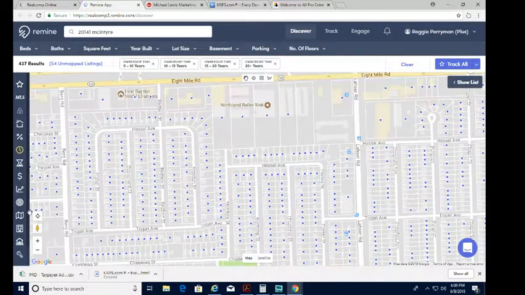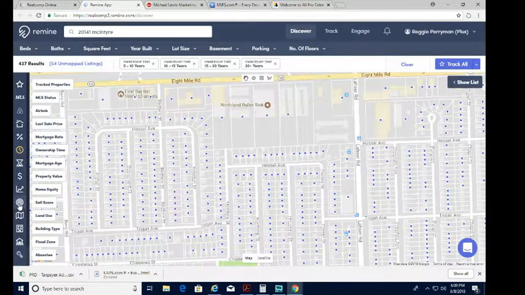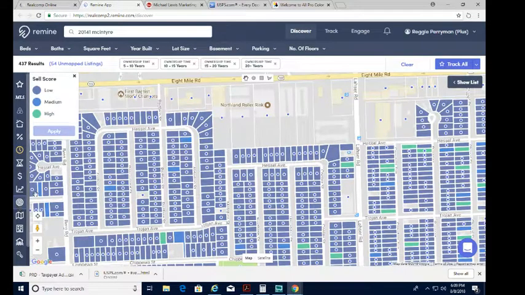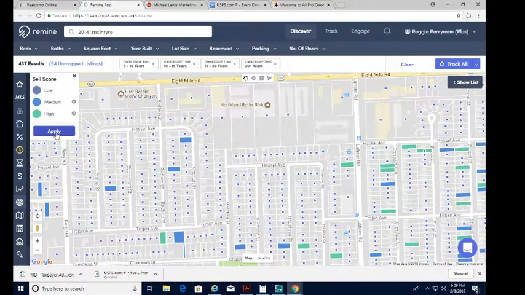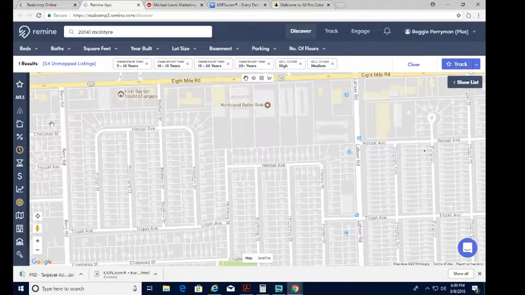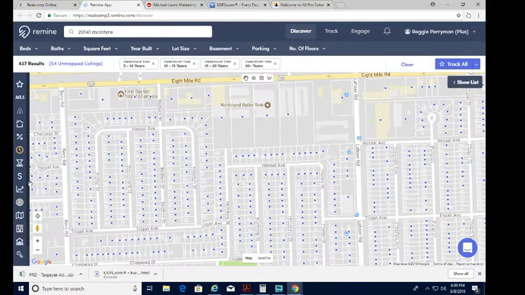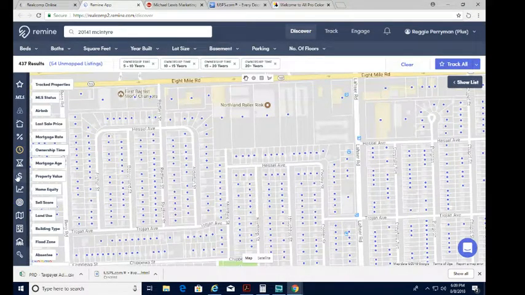Next, I want to see their sales score. It may or may not matter for this area, and I don't know how accurate it is, but it gives you a head start. So if I apply the sales score, it's really only one person based on that. So I'm going to delete that information, and again, it's not 100% accurate, but I am going to look here